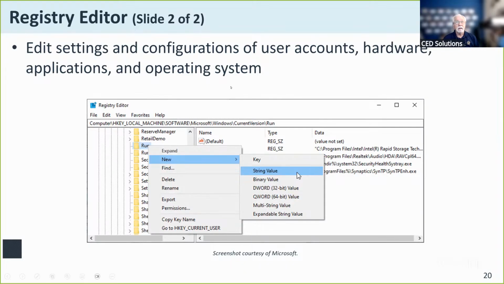Okay. There is an editor, it's called regedit, in the Windows environment, where you can go in and, down at the individual data item level, edit the entries here.